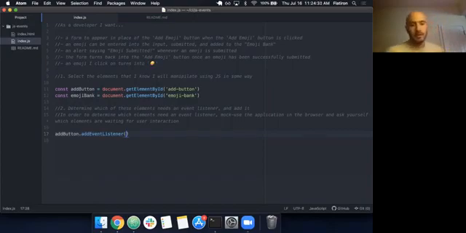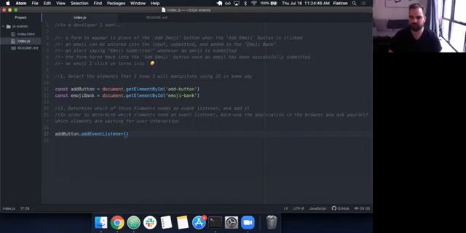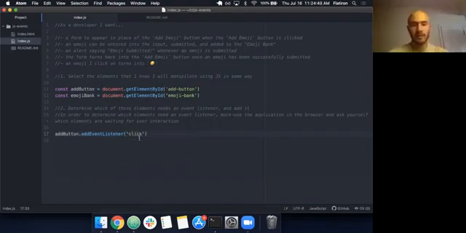Add event listener takes the name of the event as a string, right? One of the events that JavaScript has already determined are the possible events. Can anyone take a guess at what we want this event to be? Click. Yep, Matt says click. We write it just like this, right? Remember, this has to be a string of one of the predetermined events